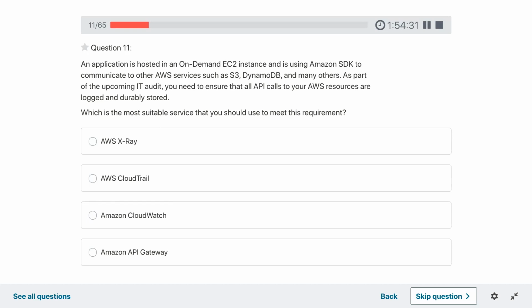That would be CloudTrail. AWS X-Ray is for Lambda or serverless function debugging. CloudWatch is for monitoring. You get the CloudWatch events or the event bus, which will show you the dials or different metrics. API Gateway is mainly an API service, the reverse proxy. And CloudTrail is something which would log each and every request, who the user is, when he did what, on what resources.